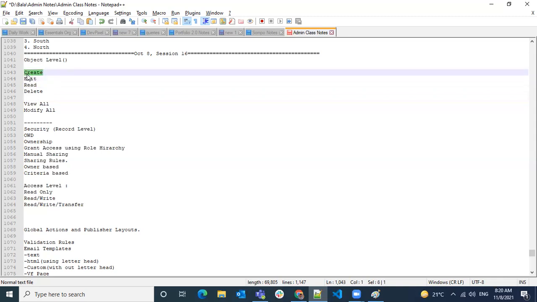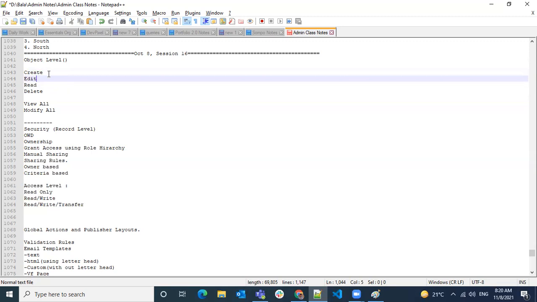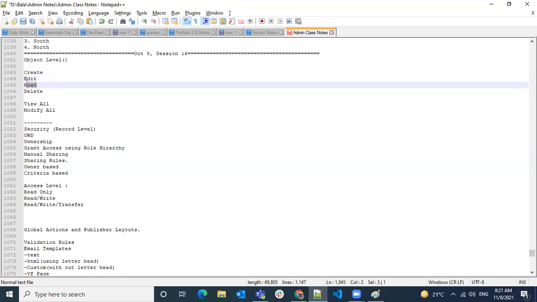Is that possible? Yes, possible. Even though you don't have create permission, you can still access some of the records in the object based on your record level security. Okay, I don't have create, but still you can have edit permission. Okay, it doesn't depend.